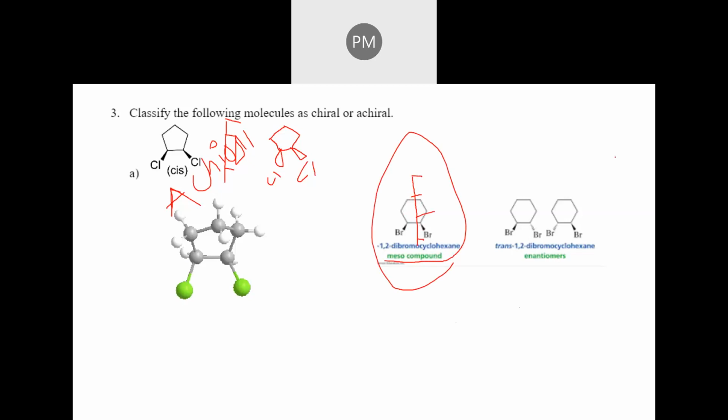And in the other case, when one bromide is above and one bromide is down, if we place a sigma plane or mirror here, what will happen? One bromide is above, so on the mirror, this bromide should be above here. But this bromide is not above, it is down. So these are not superimposed. If we also place a mirror like that and draw that molecule,